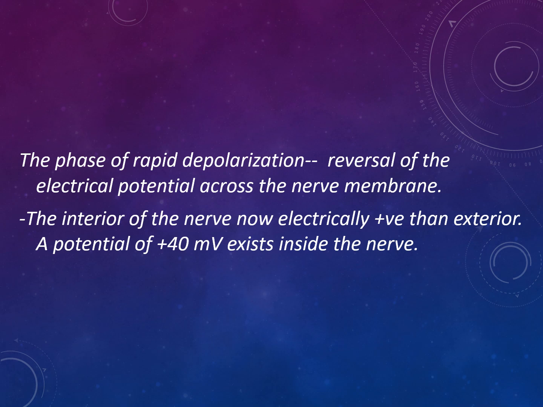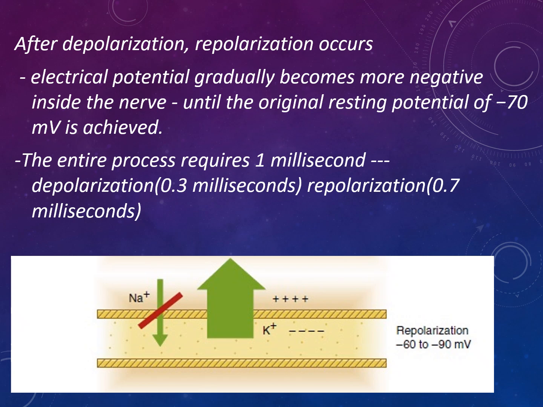The phase of rapid depolarization leads to reversal of the electrical potential across the nerve membrane. The interior of the nerve is now electrically positive compared to the exterior. A potential of plus 40 mV exists inside the nerve. After this, repolarization occurs. The electrical potential gradually becomes more negative inside the nerve until the original resting potential of minus 70 mV is achieved. The entire process requires 1 millisecond. That is, for depolarization it is 0.3 milliseconds, and for repolarization,